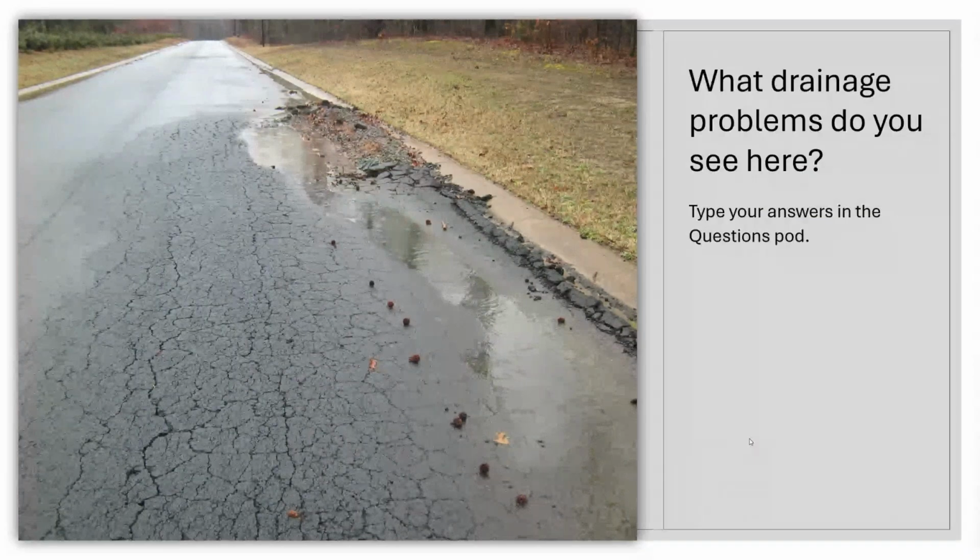But that low spot, water always finds the lowest point. So water runs downhill, and it's going to find that lowest point and it's going to sit there. So anytime we create a low spot or have pavement deterioration that generates a low spot, that's going to be a problem area in the long run. So our pavement structure is going to have to be even stronger to try to withstand that.